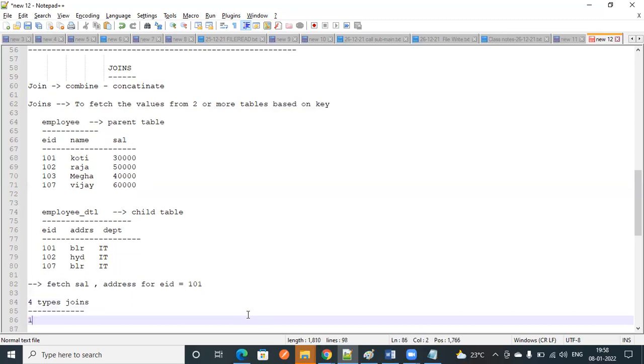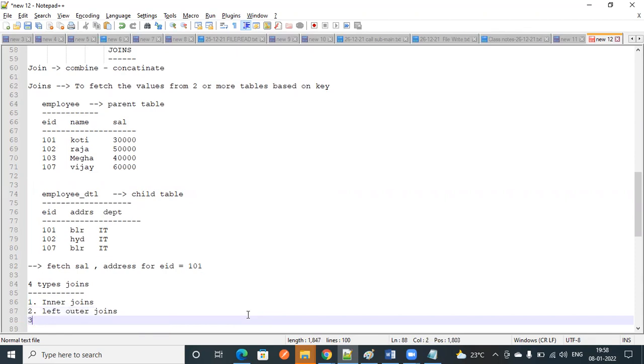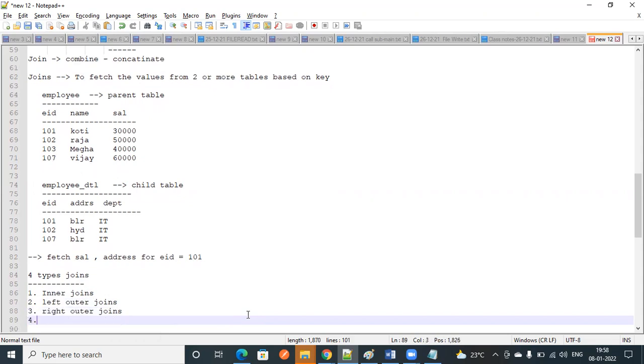First one is inner join, second is left outer join, third one is right outer join, fourth one is full outer join.